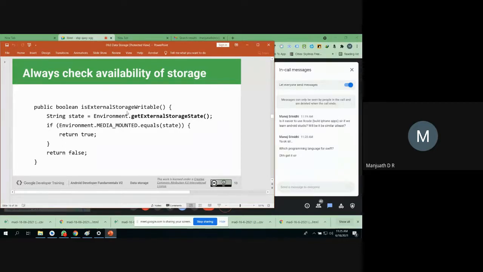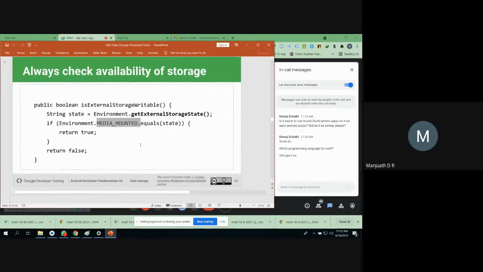How? You have a method called isExternalStorageWritable. Using that method, you get the state, that is getExternalStorageState. It returns either true or false. If it is true, of course, then the media is mounted. If it is false, of course it is not. This is mandatory for working with external storage.